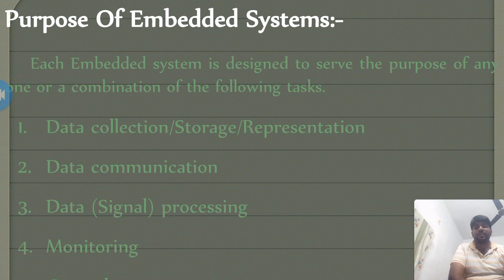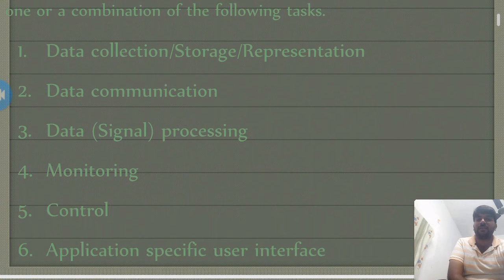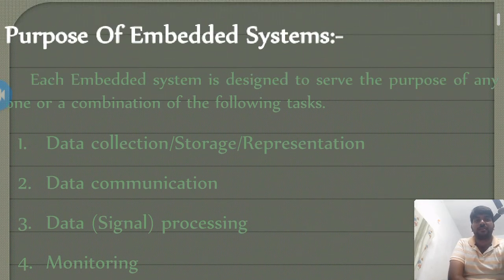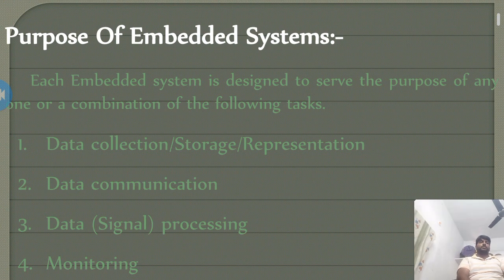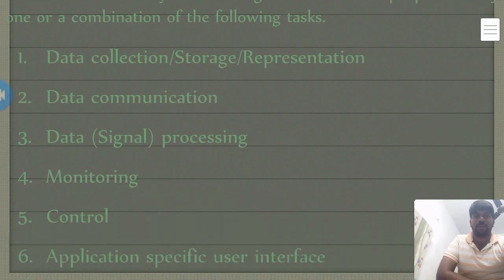The second one is data communication. The third one is data or signal processing. The fourth one is monitoring applications, and the fifth one is control applications. The sixth one is application specific user interface. Based on these six tasks, you have to work on a combination of any two. So coming to the first one,